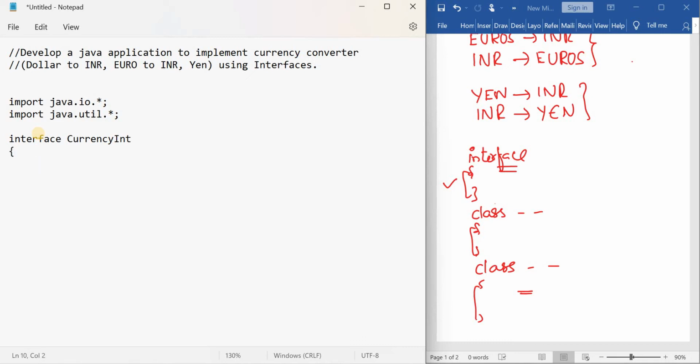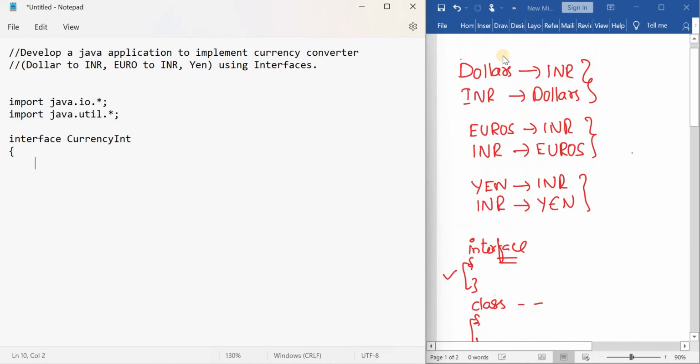So what does interface contain? Interface contains abstract methods. So here since I am going to do only two conversions in this program initially, I am going to write only two abstract methods. So first of all, write the abstract method for dollars to rupees. Okay, so the method name I am going to use is dollarsToIndianRupees,